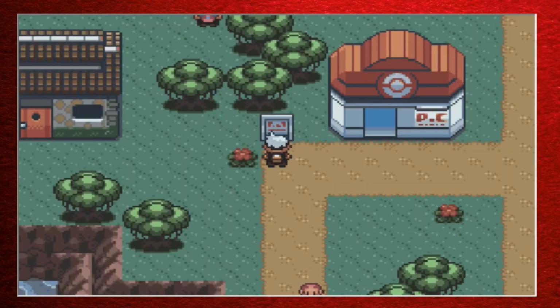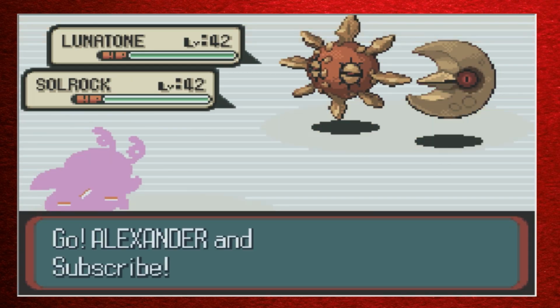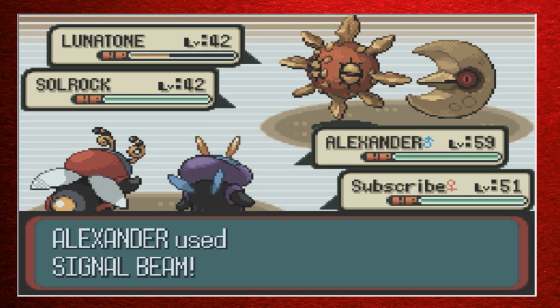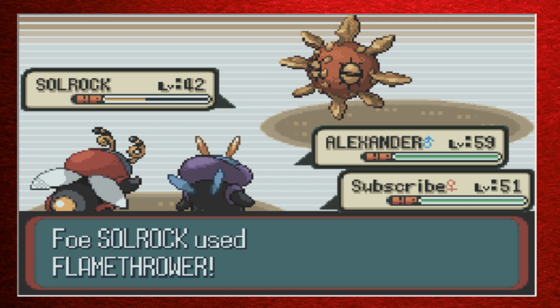And after defeating the Team Magma admin and clearing out the hideout, we must head to Mossdeep City, which means it's time for the 7th gym battle against Tate and Liza. This battle is a lot harder in Pokemon Emerald, but this is not Pokemon Emerald, this is Pokemon Ruby. So this battle is pretty easy, they only have 1 Lunatone and 1 Solrock. Now both Lunatone and Solrock go down pretty easily in 1 or 2 shots, meaning we win the battle and